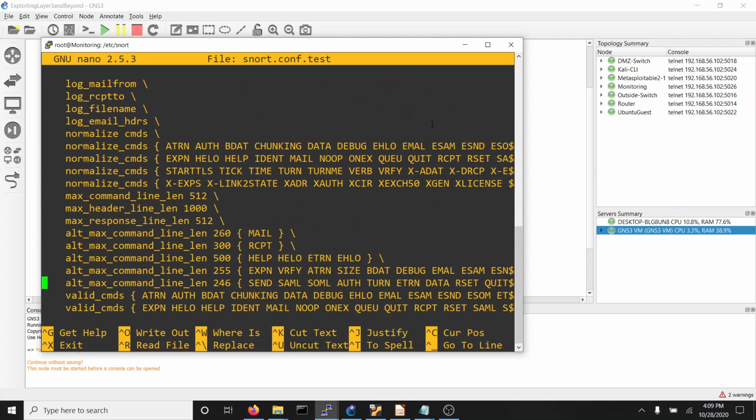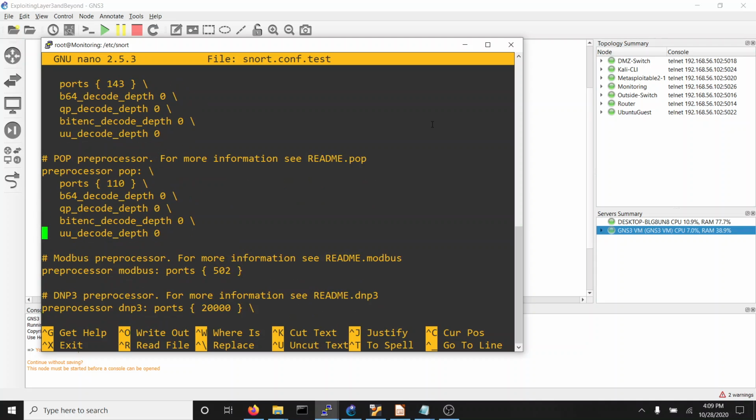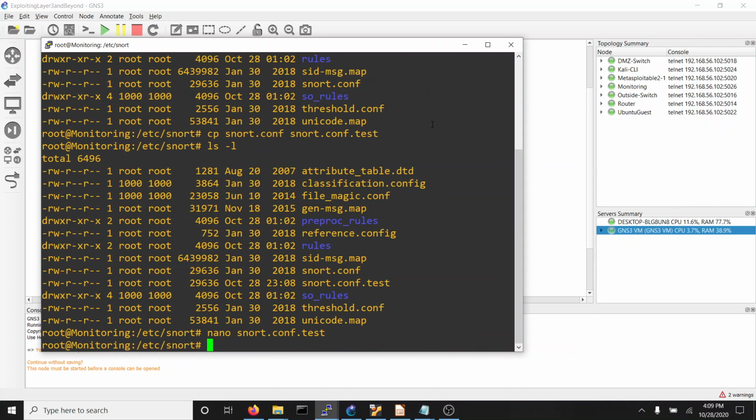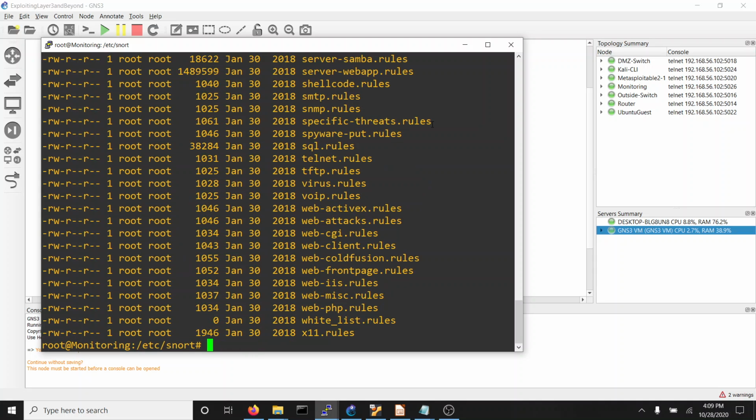There's rules for everything under the sun, right? HTTP and web and SSL, all these different things that you can turn on. I'm just going to quit out of there. But we could ultimately try. I have in some of my classes had that be an assignment, right? You have to make your own Snort rules. You have to custom configure Snort to go with a particular sample topology. And of course, if you're building a challenge either for yourself or for somebody else to try, then you can set these rules to either turn certain things on or off to make the challenge harder or easier. In addition, if you take a look in the rules folder,